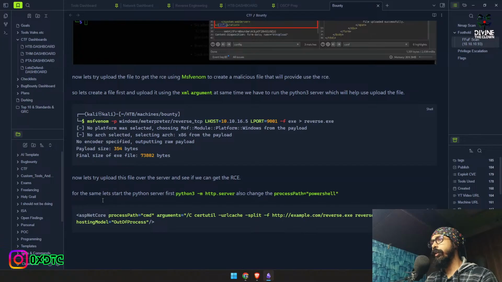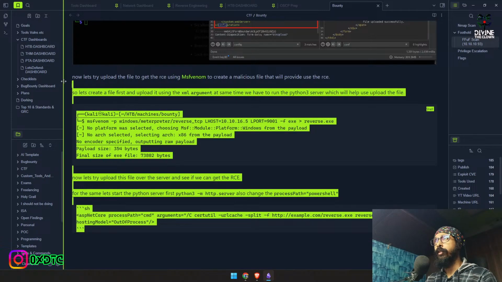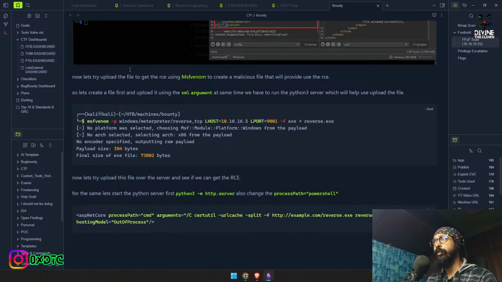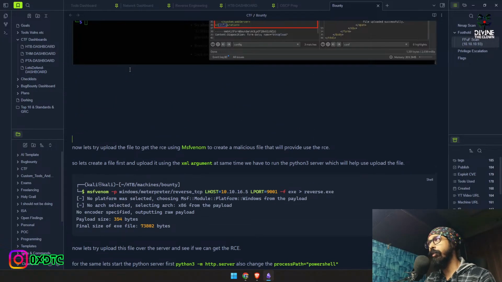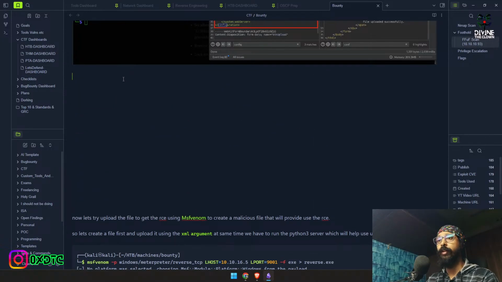So we created this file, but we are not able to upload it. So instead, let's try to create something that we could access directly from the web server or the website. So we can remove this, or we can check on this later if we need to include this. So now what we'll be doing over here,